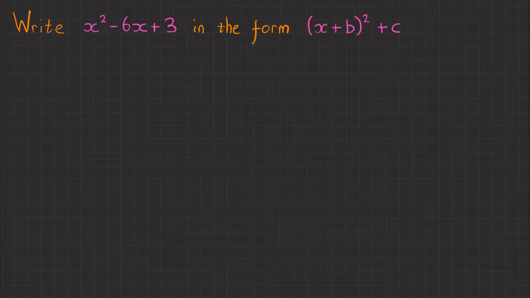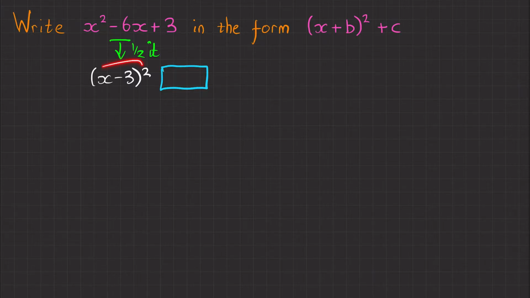I'll go through this second question now with a much simpler explanation. We want to write x squared minus 6x plus 3 in the form (x plus b) all squared plus c. Our first step is halving the coefficient of x, which will give us (x minus 3) all squared. Now we're already halfway there. We just have to say, what do we add or take away from this to make it equivalent